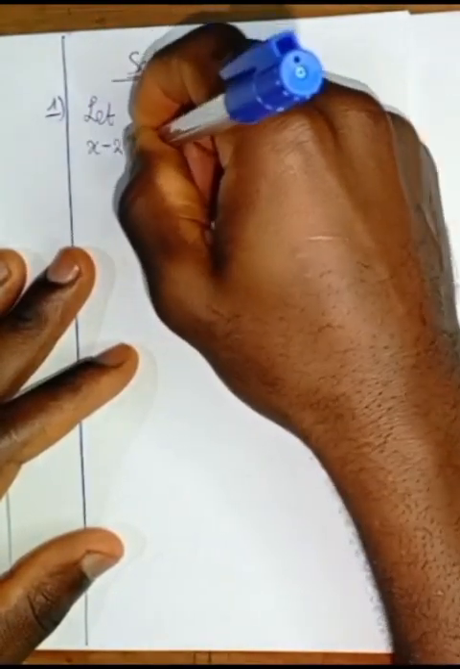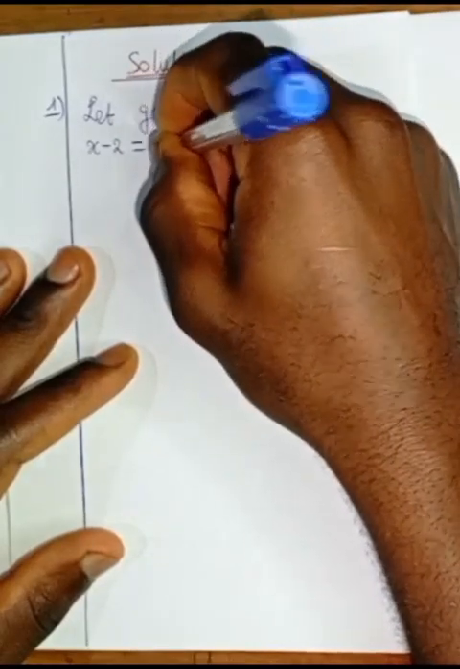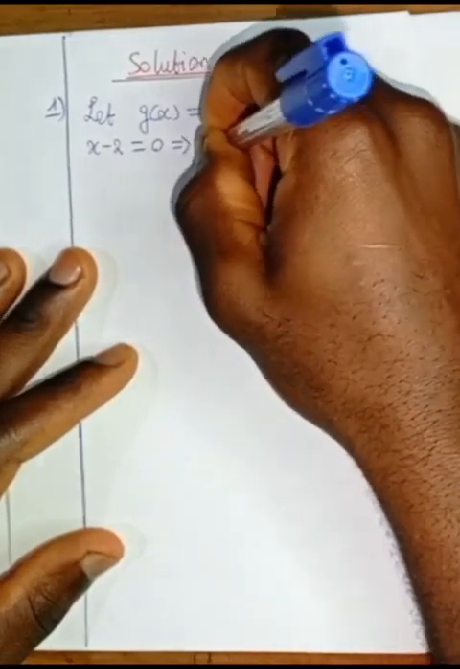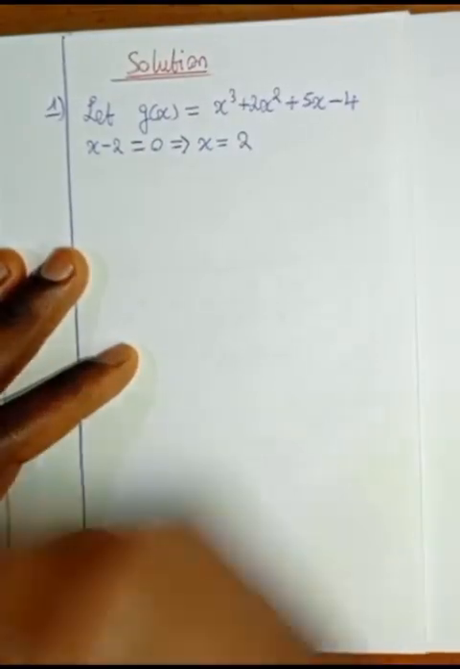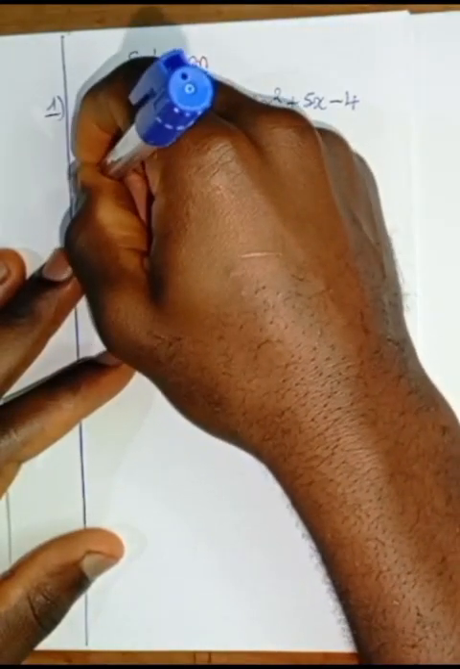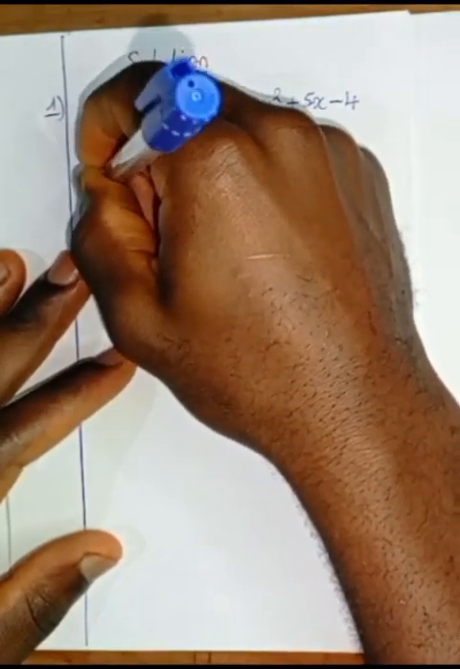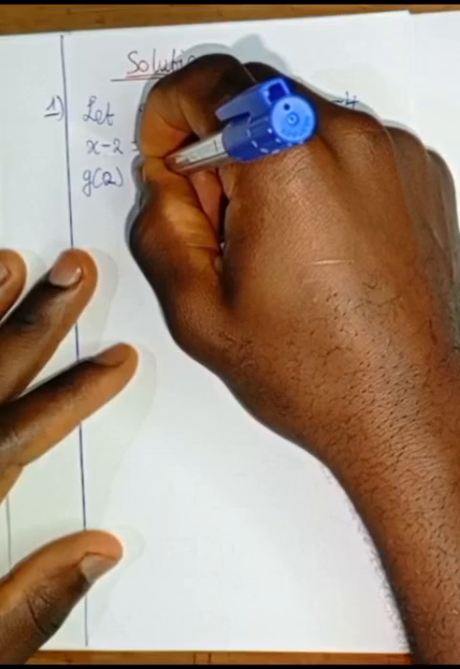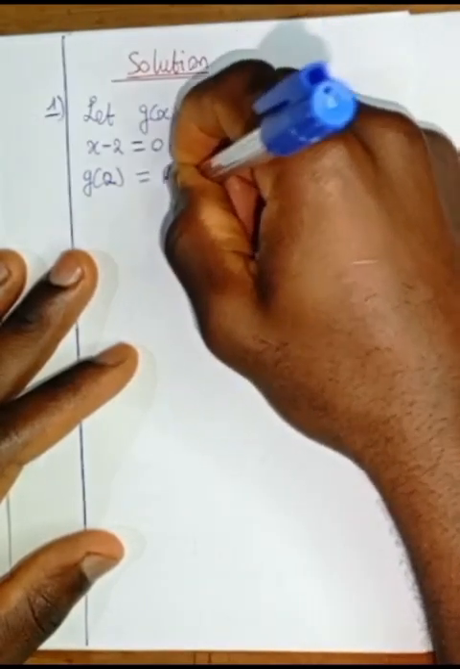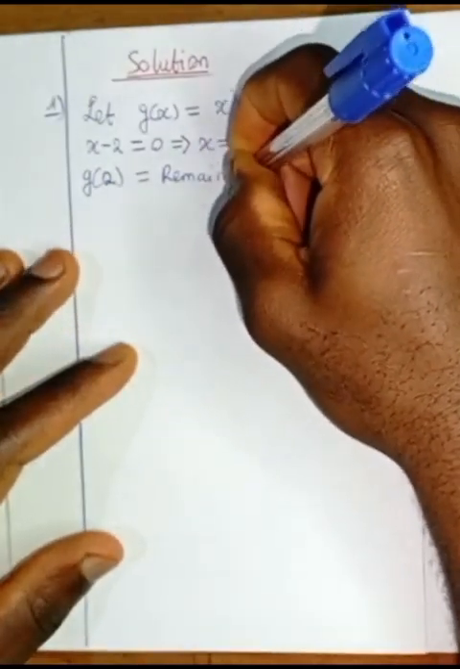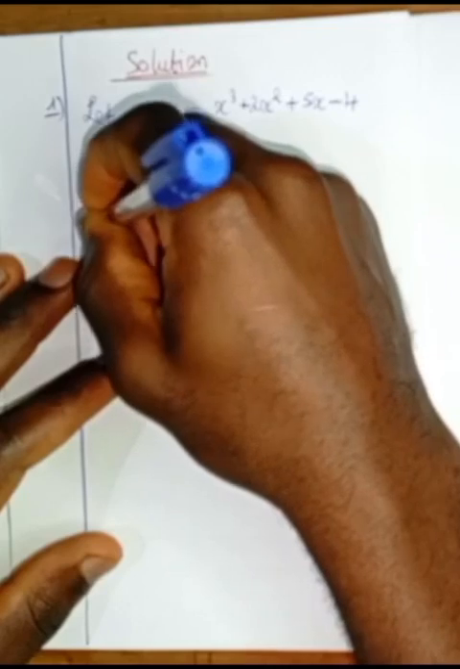We are going to equate x minus 2 to 0. Then we make x the subject of the formula. X will simply be equal to 2. Next, we are to find g of 2. We know g of 2 is equal to the remainder. It therefore means our remainder